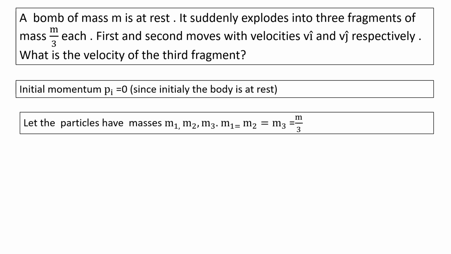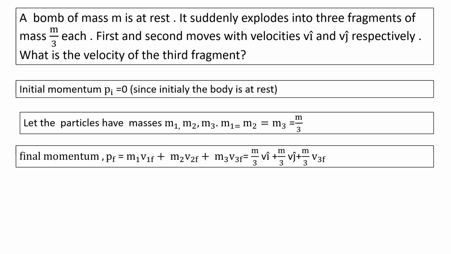Let the particles have masses m1, m2 and m3. All three fragments have the same mass, so m1 equals m2 equals m3 equals m by 3. Now the final momentum Pf is equal to mass of first particle m1 into velocity of first particle v1f, plus mass of second particle m2 into its velocity v2f, plus mass of third particle m3 into its velocity v3f. m1 is m by 3,